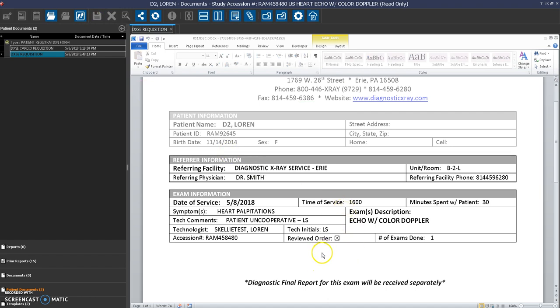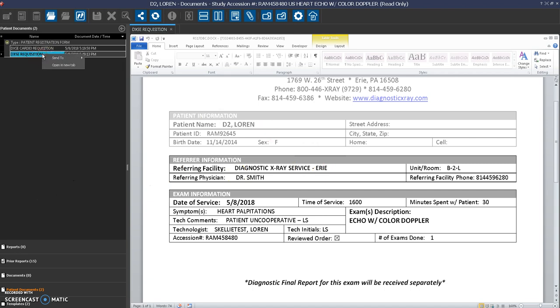All right, and once you've saved it, if you did forget to do something and you need to edit it again, you can just click on this update, and you're able to type on that again, and then you would just click on save. So from here, we want to get this requisition to the facility,